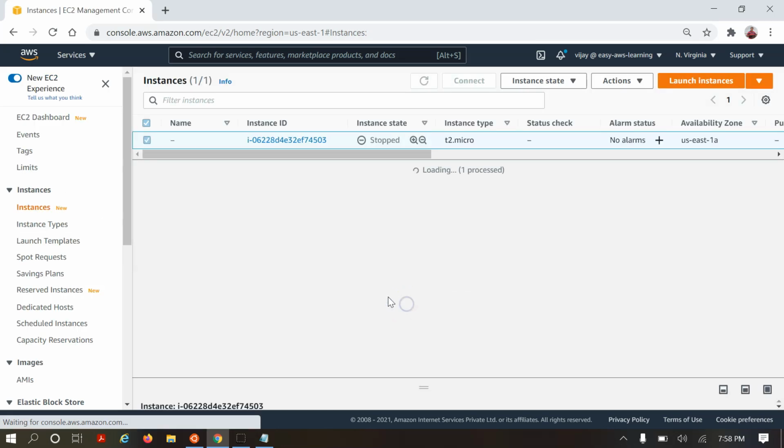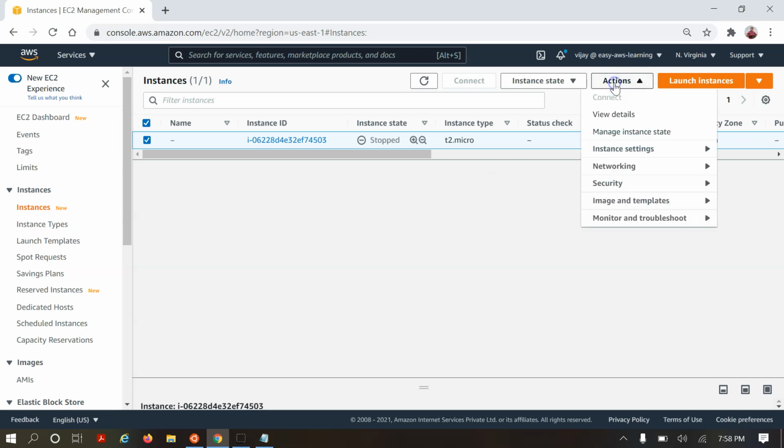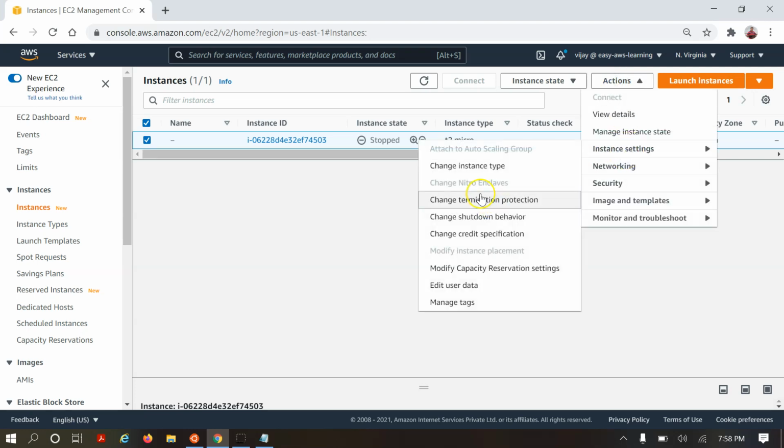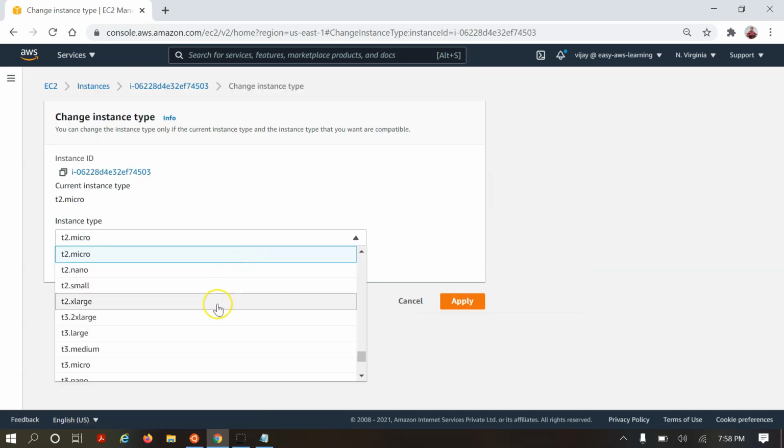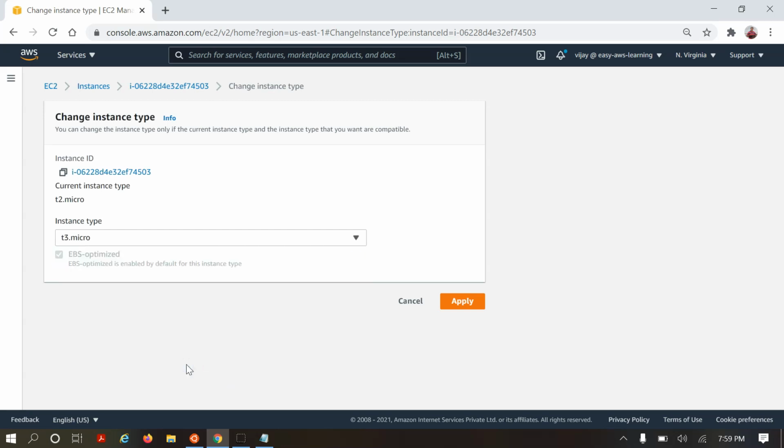So let's change the instance type here. From the T2 micro I'm moving to the T3 micro. So let's apply here. This will internally change your instance type.